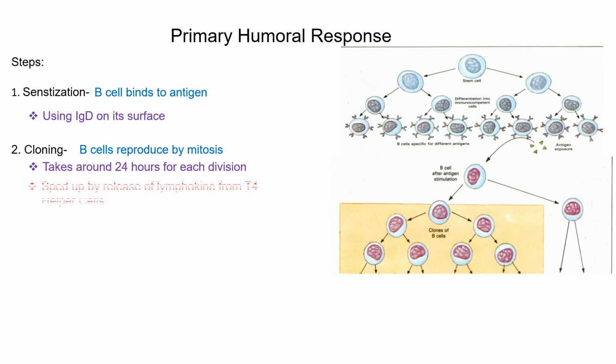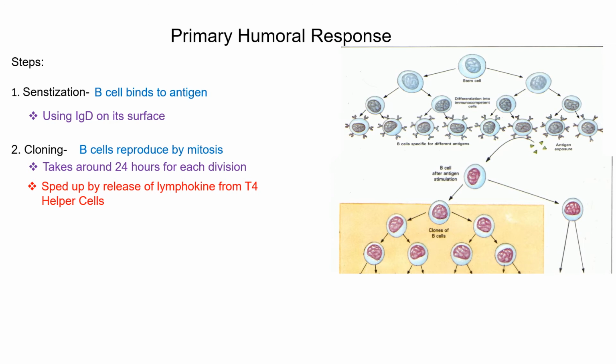That cell is called the T4 helper cell, also known as a CD4 cell. This cell is a T cell. T cells do not produce antibodies, but they produce protein, and the protein produced is a hormone called lymphokine. Now your book calls it cytokine. Cyto means cell, but the specific cell it's going to affect are lymphocytes. That's why we refer to it as lymphokine.